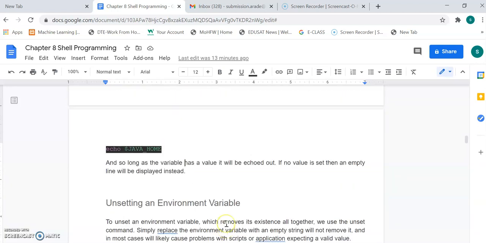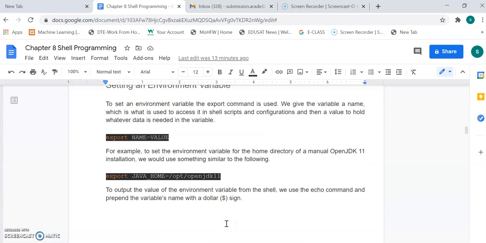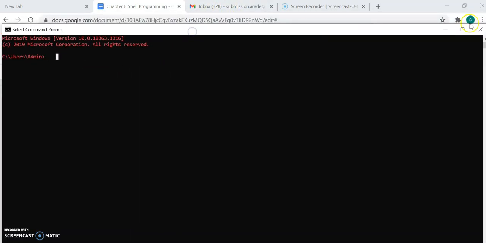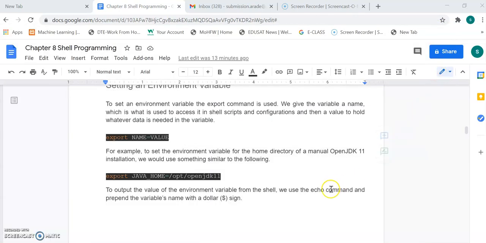But after setting an environment variable on your command prompt or shell, it will remain active only for that particular session. Once you close that shell, it will not be active. The same is applicable for CMD also. For example, suppose this is your command prompt and you set your Java path here for writing a Java program. Once I close this command prompt, that Java path will vanish. Next time you again have to set the path in this CMD, and then run the Java programs. So this is a temporary effect.